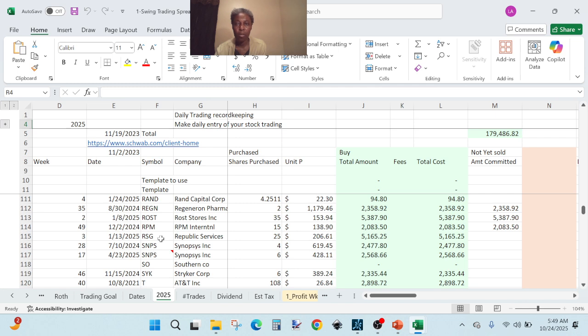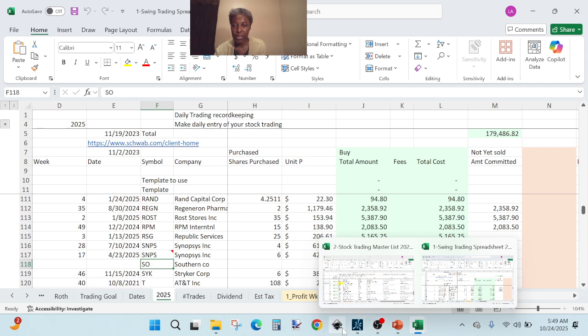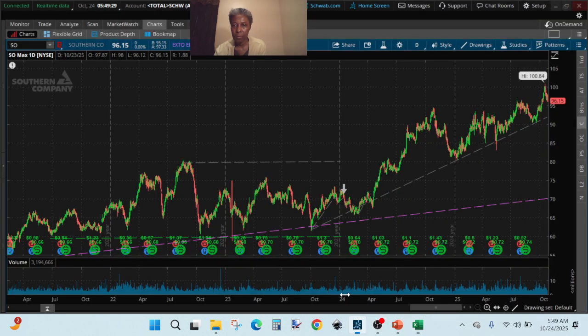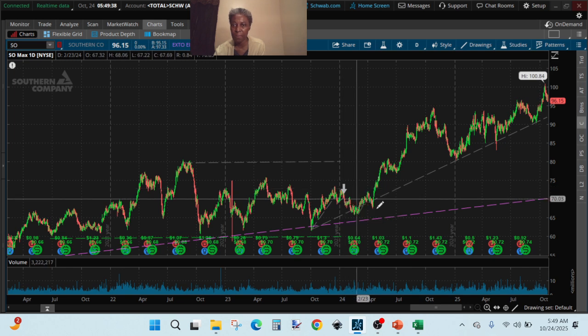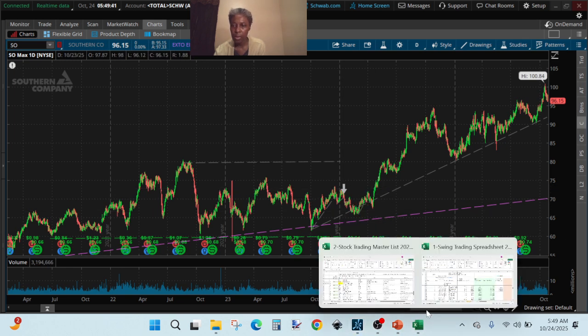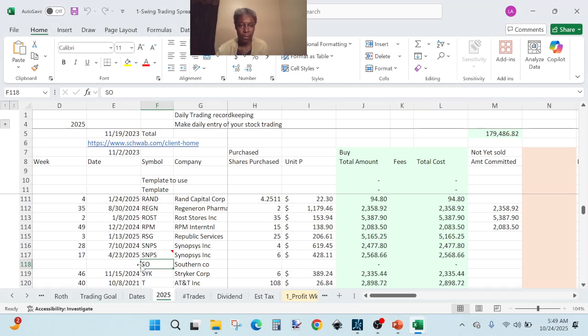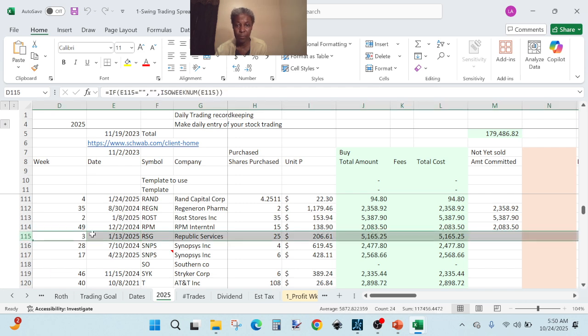Pretty much I try to have all the stocks that I have on my watch list here as well. But I think we purchased SO last year. No, we sold it last year. We sold it at the beginning of 2024 or so. And we kept the company in the chart. That way when we are going to do record keeping in the spreadsheet after buying it again, we already have a template for it that we can just duplicate and make our entry. So RSG we purchased in 2025, right at the beginning,